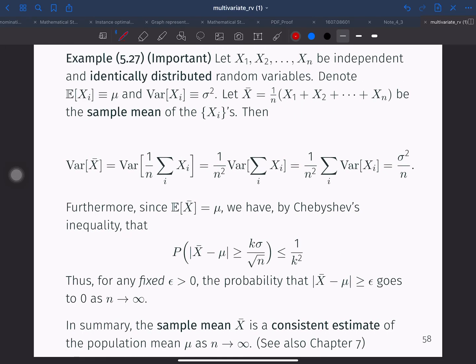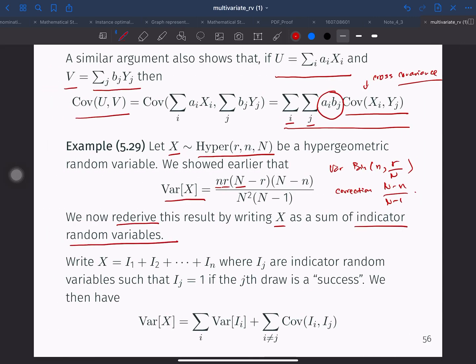Okay. So with that said, let's write X as a sum of indicator random variables I1 plus I2 up to In, where the Ij are indicator random variables such that Ij is equal to 1 if the jth draw results in one of the R possible success events, for sampling without replacement. So we therefore have, by the previous result that we saw about the variance of a linear combination,